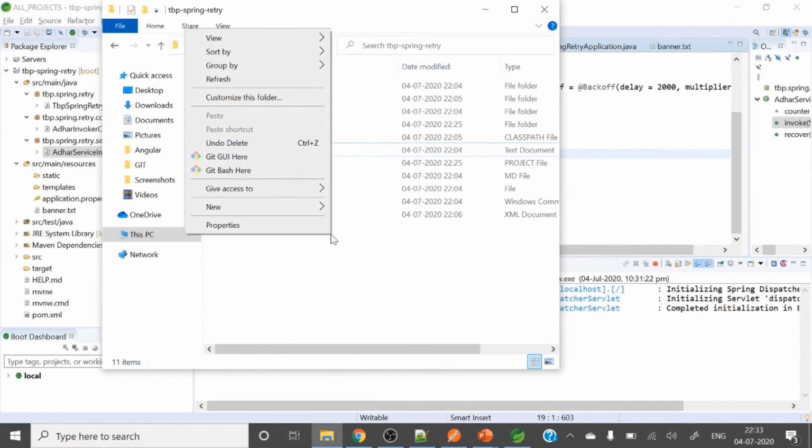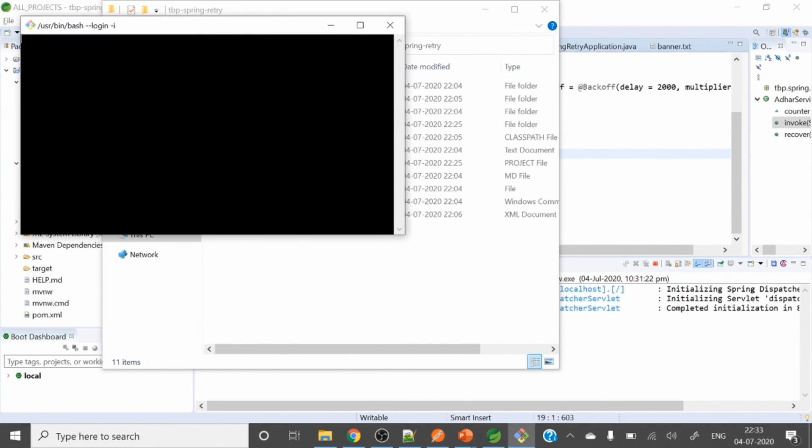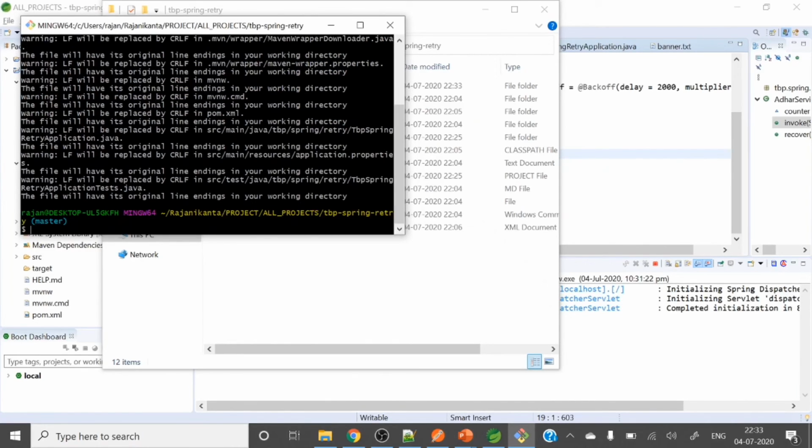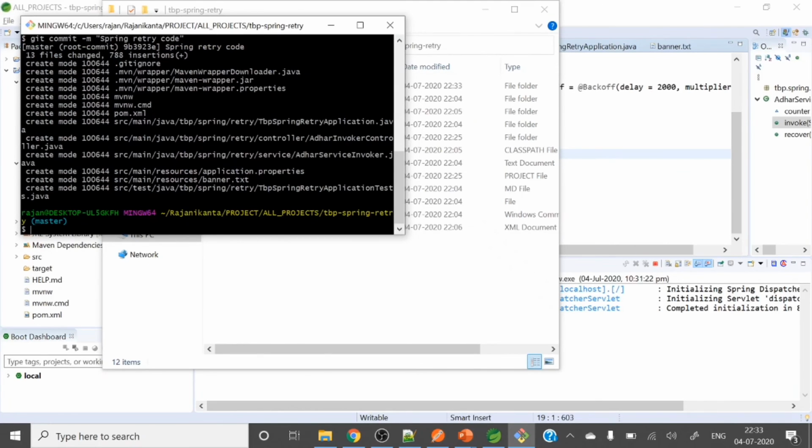So directly let me open Git Bash here. First we need to initialize, right? Git init, git add dot, all added. Git commit -m "spring retry code". Let me commit.